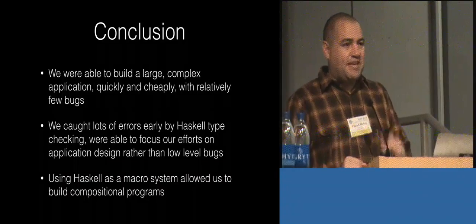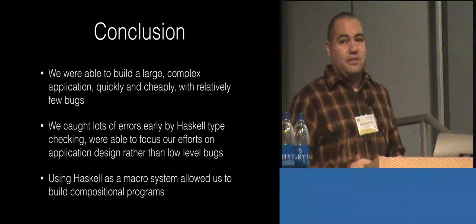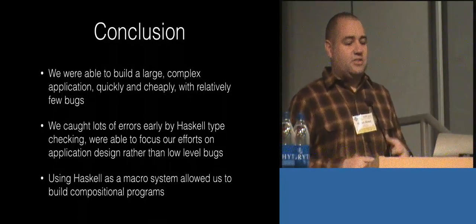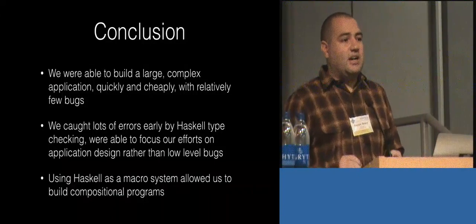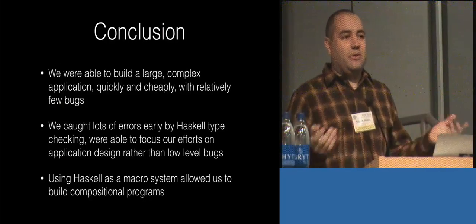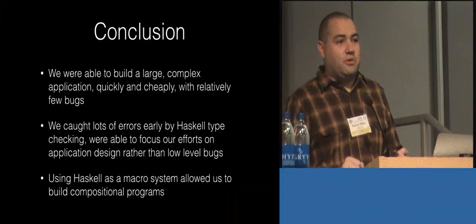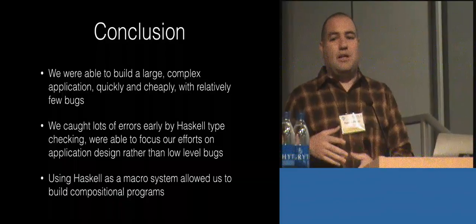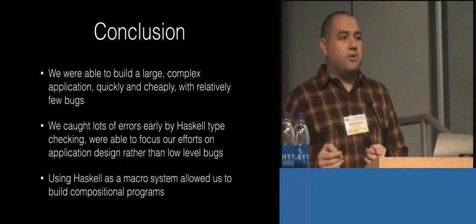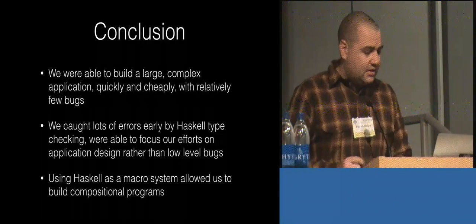It was the fact that it was an embedded DSL in Haskell that we had this powerful macro system. We were able to build Tower. The first version of that took just about a week to build. And of course it's gotten more complicated from there. And then all just the basic little macros that a user would want to use on a per module basis prevent a lot of code duplication and do far better than you ever would do with the C preprocessor, for example. So that allowed us to build compositional programs, and even though these aren't really Haskell, they don't have the same kind of operational behaviors as Haskell programs, it made programming in it feel just like writing Haskell programs.